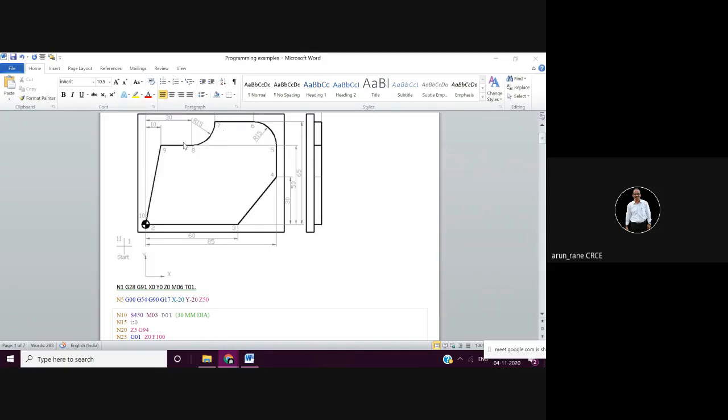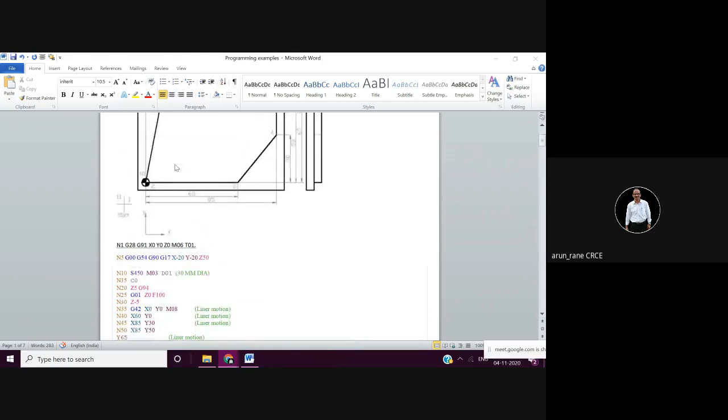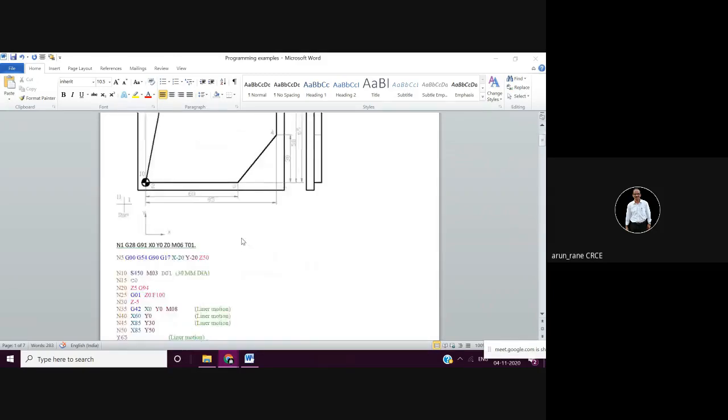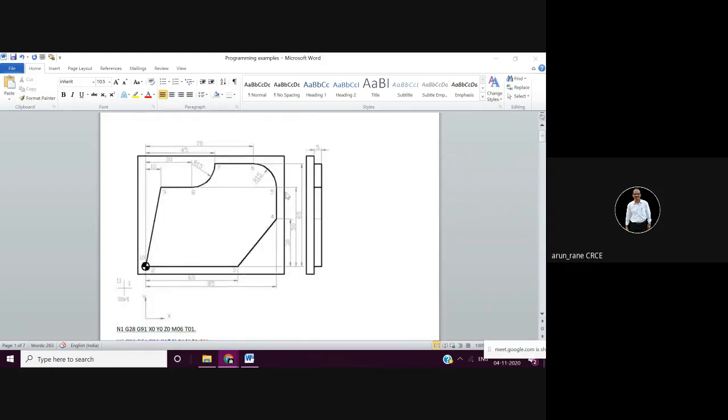So that will be G02, and you have to give the endpoint. So the endpoint is this. Now what is this point? X30, and in the Y direction it will be Y50.